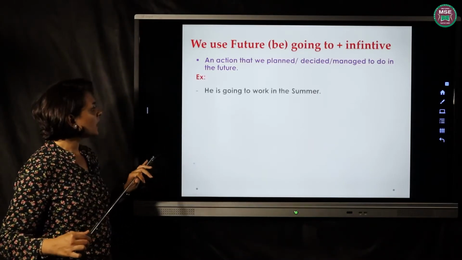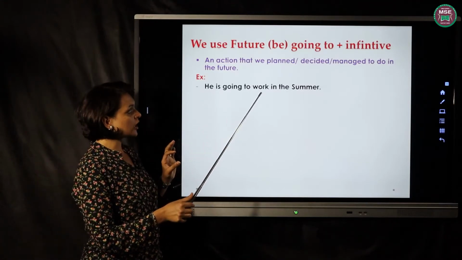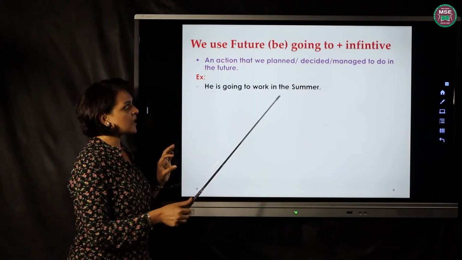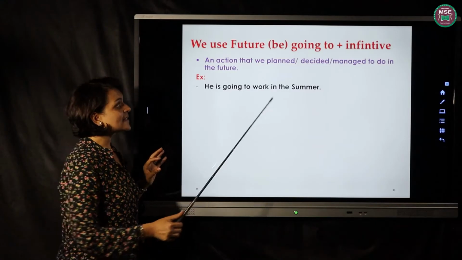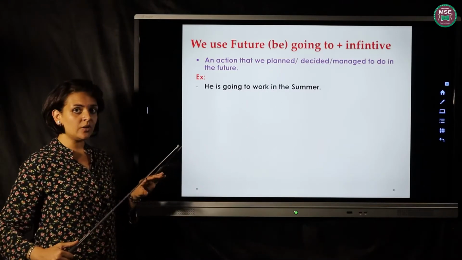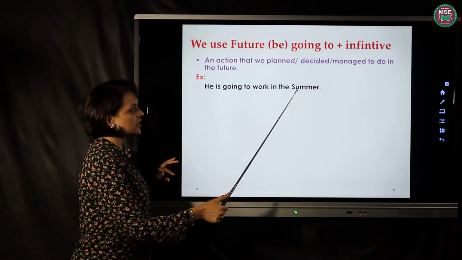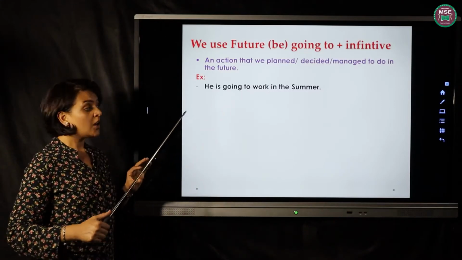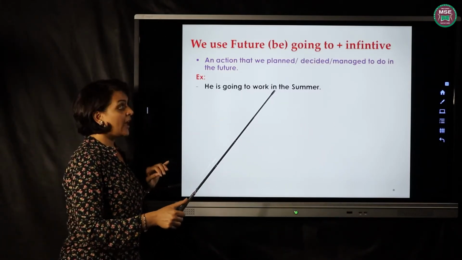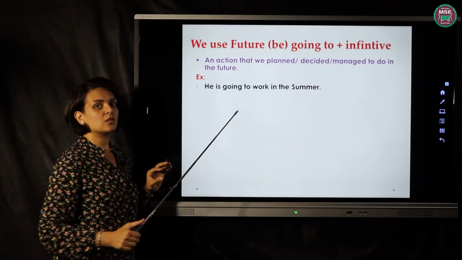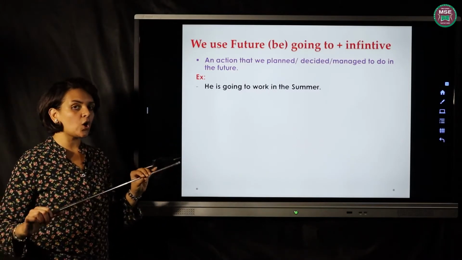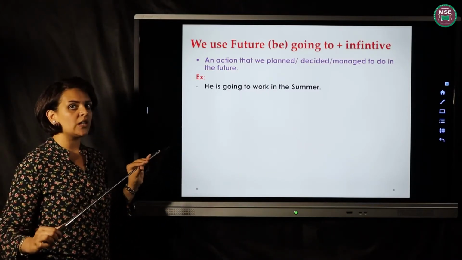Example, he is going to work in the summer. So he decided to work in the summer, and it will be for a short time in the summer only, but it will happen after a decision. It will not happen quickly on the spot like using will.